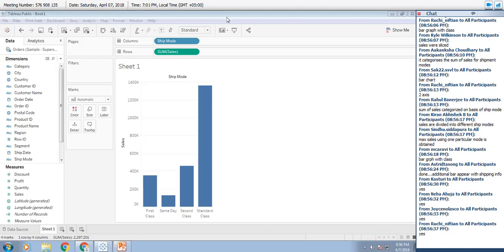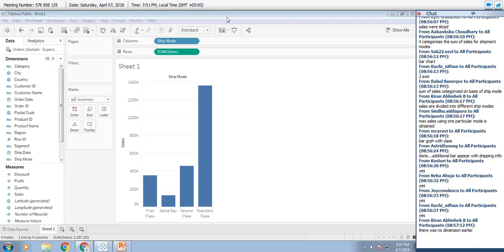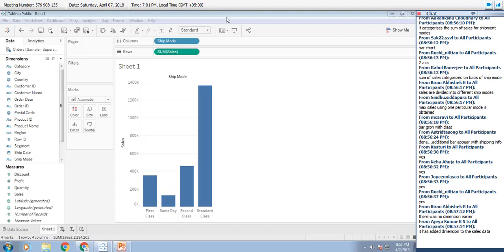So what do you infer by this? What was the earlier one and what's the present one? What's the difference between these two? What was the first one and what's the second one?